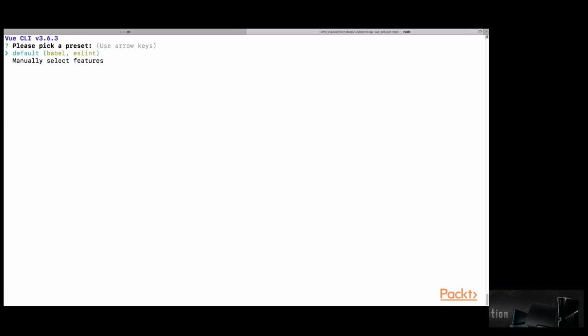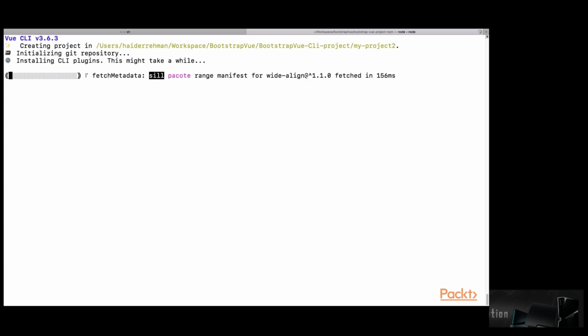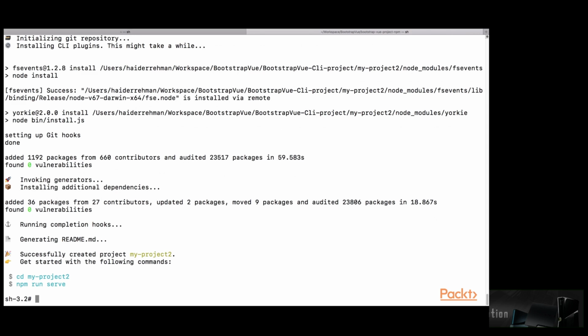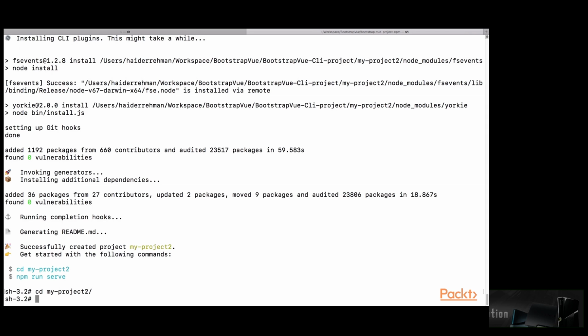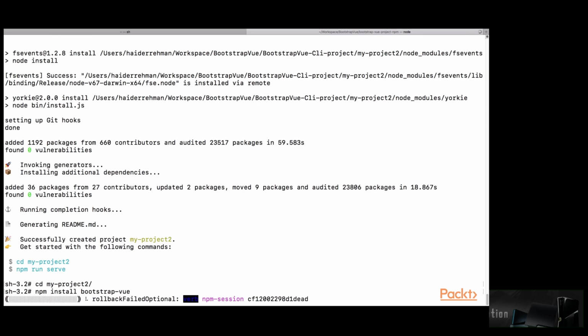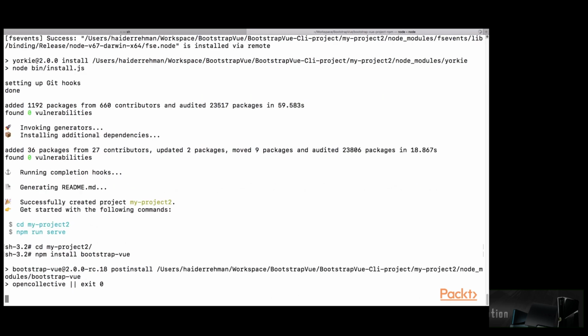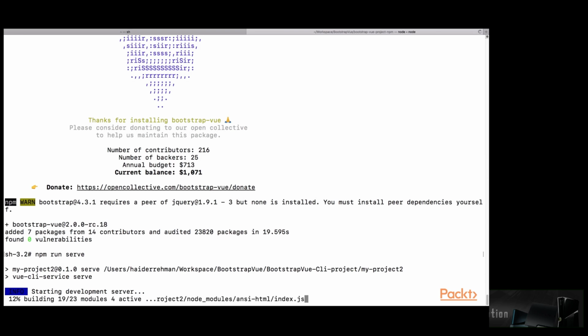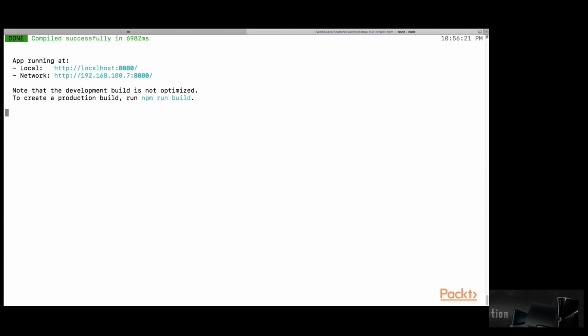Let's go ahead with the default setting. Now once the project is created, move into the project directory. Now here, install Bootstrap-Vue using npm. Now I would like to start our application by typing npm run serve. Now that our application is successfully hosted on localhost port 8080, I would like to update my main.js file by